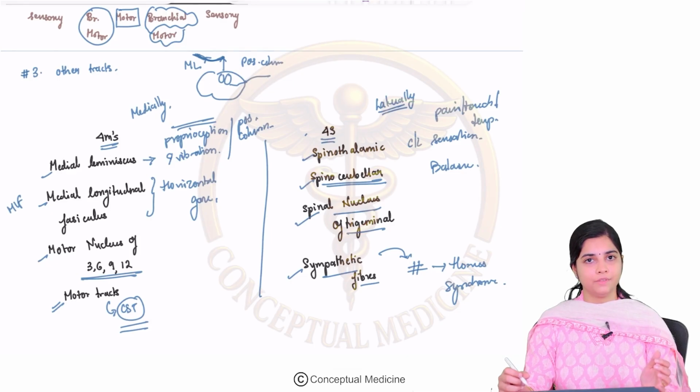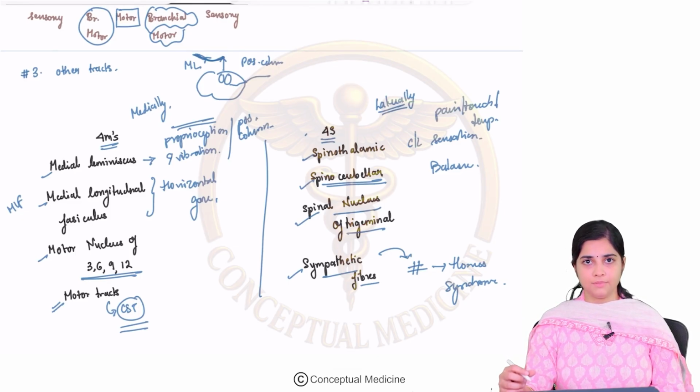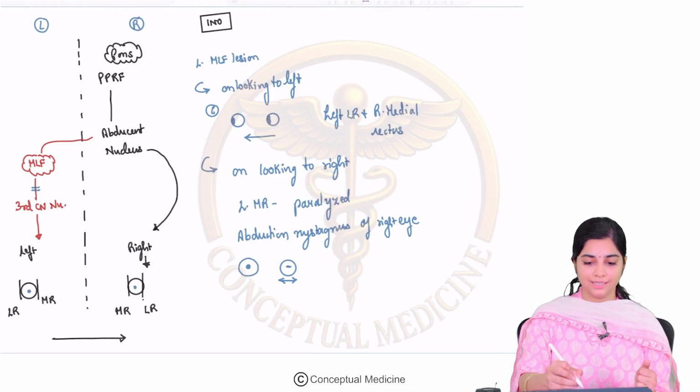So till now what have we understood? We have understood the organization of structures in the brainstem, the cranial nerves, and the tracts. This understanding is very, very important before we jump into brainstem syndromes, because unless we have this understanding, it becomes just rote learning and very difficult to understand the brainstem syndromes and why these things are happening. Clear till here? Now let us move on and understand this concept of INO, which is